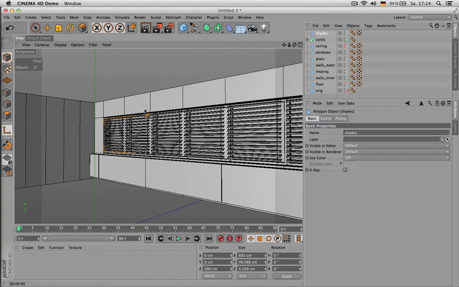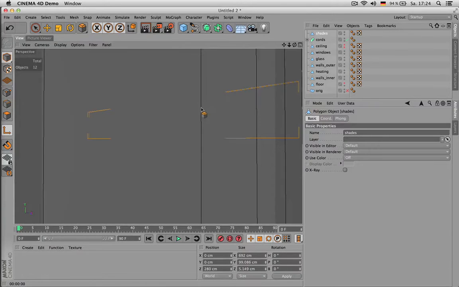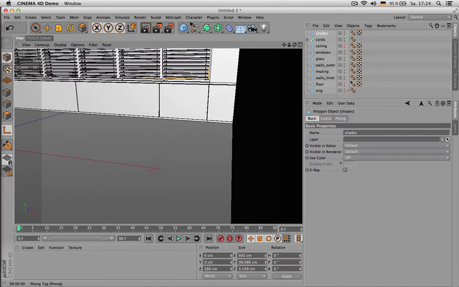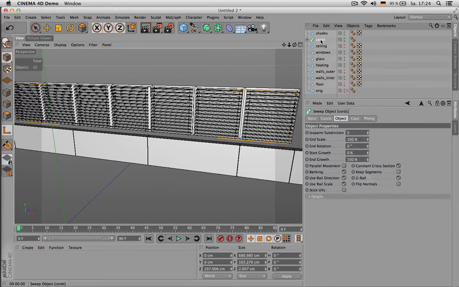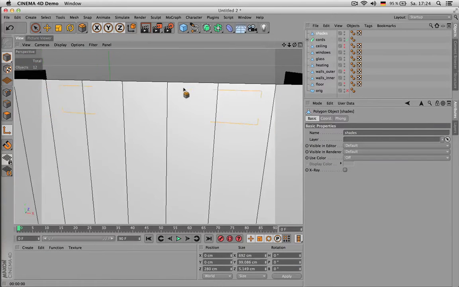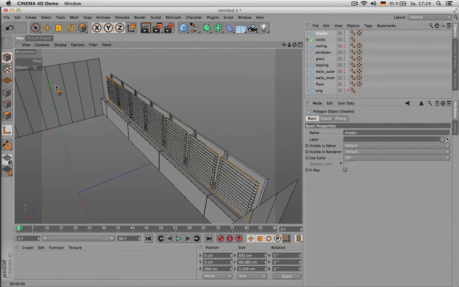Let's just position our axis center where we can actually